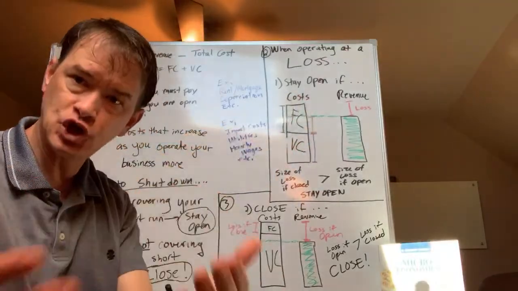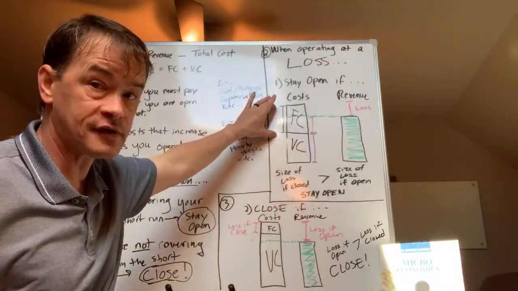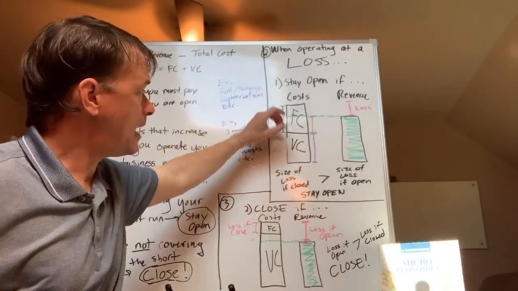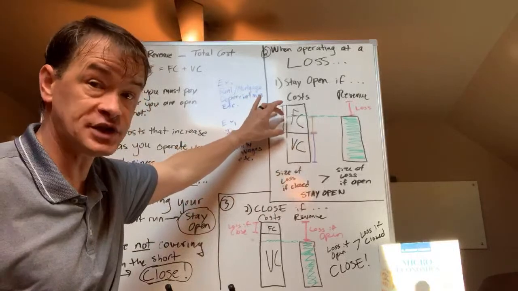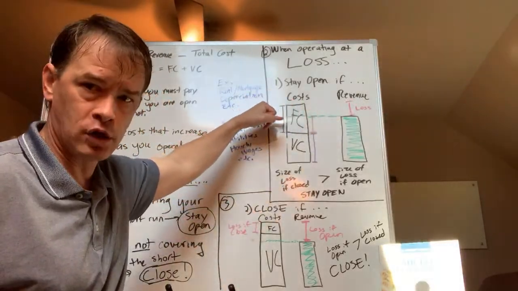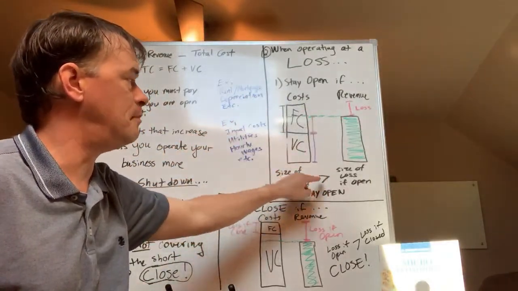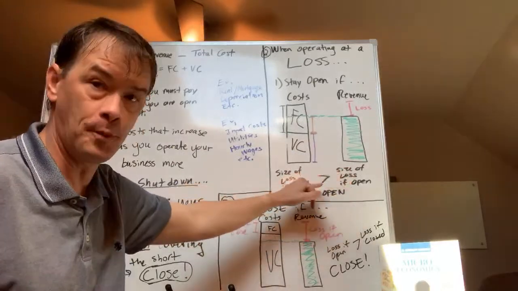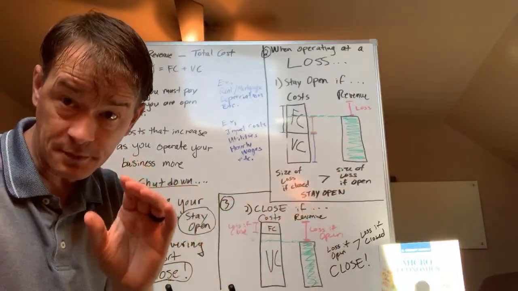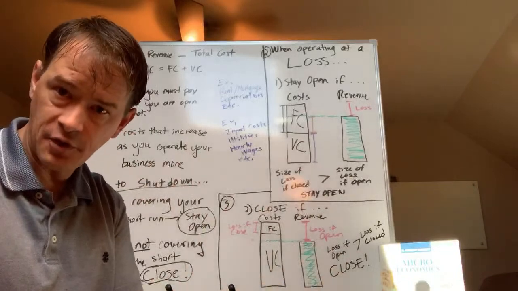So I have now a choice. Do I shut down and take this whole fixed cost as a loss, or do I stay open and minimize my loss by paying my variable cost plus this much of my fixed cost? Even though I'm operating at a loss, it's a smaller loss. So it basically comes down to the size of the loss if I'm closed being bigger than the size of the loss if I'm open. Thus, I stay open. Now, you're going to have to crunch some numbers to figure out what these 2 columns are. So that's one possible outcome you can have when you do this.